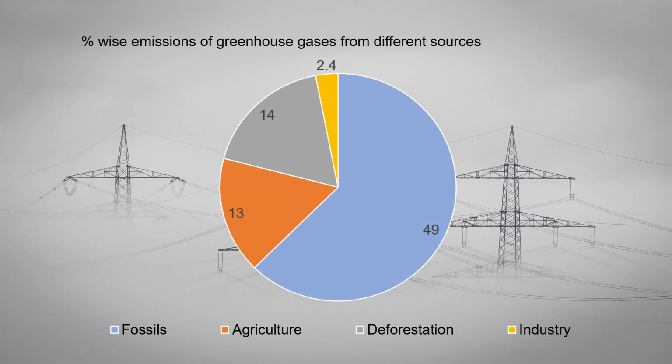emissions. If you see the source-wise greenhouse gas emissions, you can see the percentage-wise emissions of greenhouse gases from different sources. As I told you, fossil fuels are the major contributors. Around half of the greenhouse gas emissions are coming from fossil fuels. Agriculture 13%, deforestation 14%, and industry 2.4%. So this is the global energy related carbon dioxide emissions from 1990 to 2018, the data which is available